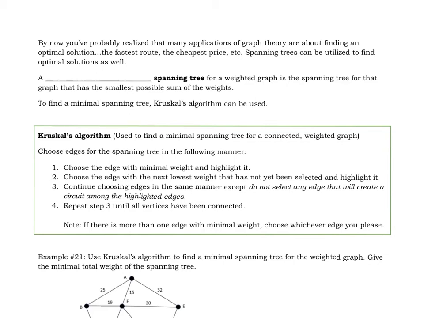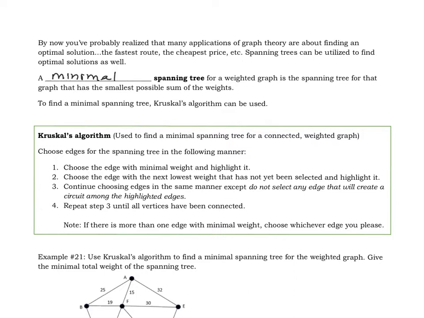Graph Theory, page 21. By now you've probably realized that many applications of graph theory are about finding an optimal solution: the fastest route, the cheapest price, etc. Spanning trees can be utilized to find optimal solutions as well. A minimal spanning tree for a weighted graph is a spanning tree for that graph that has the smallest possible sum of the weights. To find a minimal spanning tree,